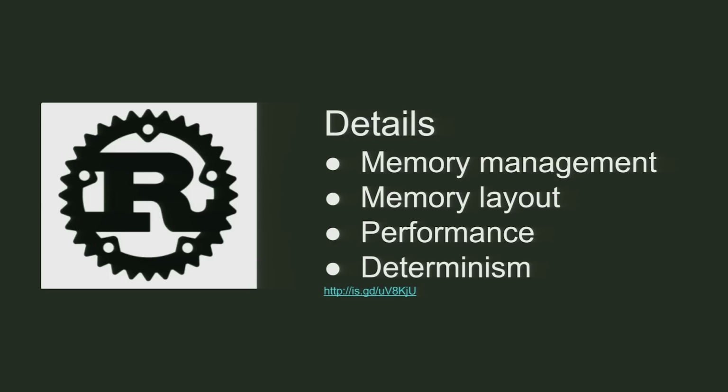And so Rust is the kind of language where if you need control over any sort of aspect of your program or execution, Rust will give that to you. Specifically, a lot of the reasons that people reach for a language that gives them this kind of control are these kinds of details. So for example, I need to deal with exactly when my memory is allocated or deallocated. Our garbage collector is too inefficient for my use case. I need to be concerned about the exact memory layout of what's going on. This is really important for our performance.